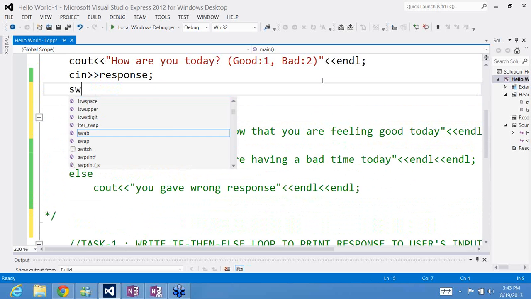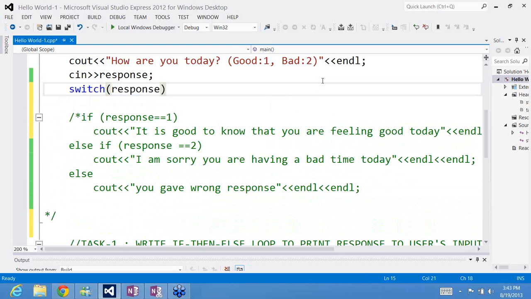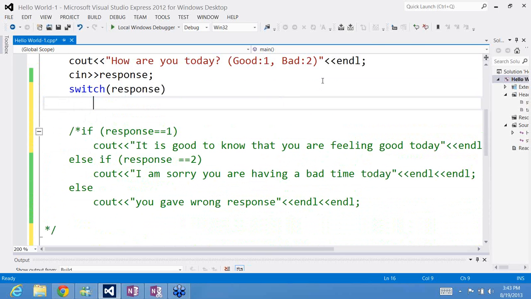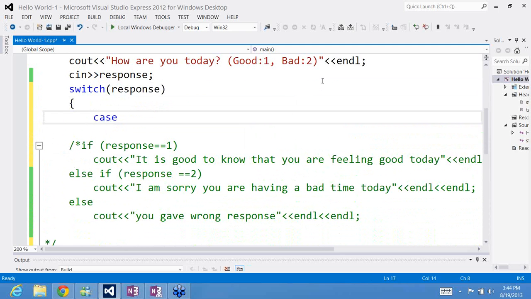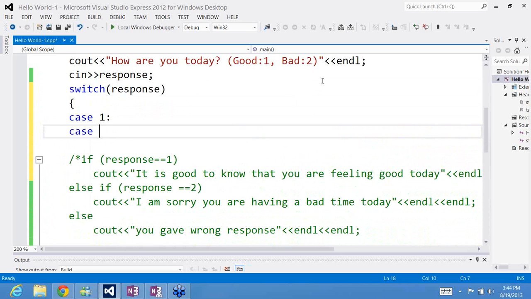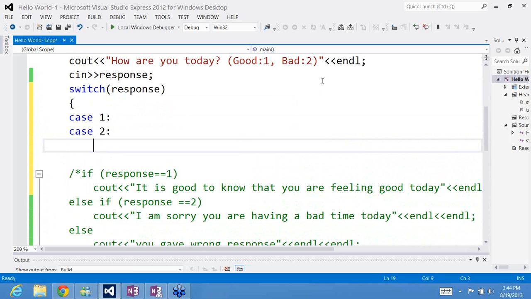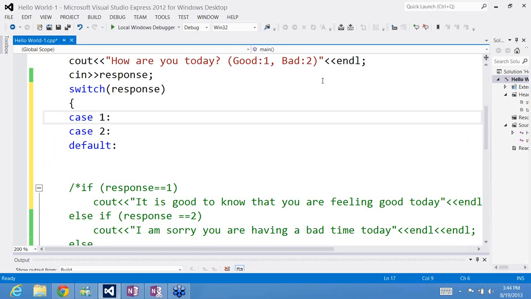I say switch, and do the switching based on the value of the response. So I write response here, then I open the bracket and use switch case. Case means what is the case? What would you want to do? We want to do that if the value of response is, say, 1, do this. If the value is 2, then do this. And the default, we want to say the default thing, then do this. So we say case 1,